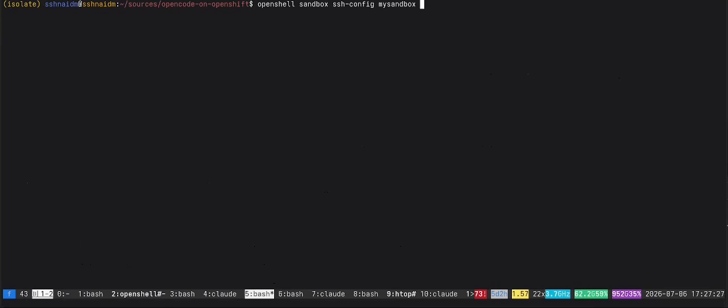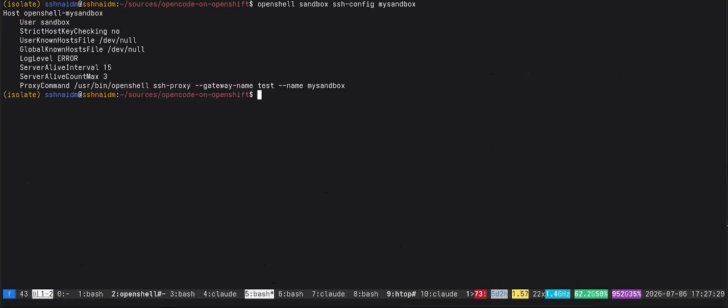We have the ssh-config command. What it does is create a block that you can add to your SSH config to connect with SSH to your sandbox. But as you can see, it still requires the Openshell client. Let's try it.